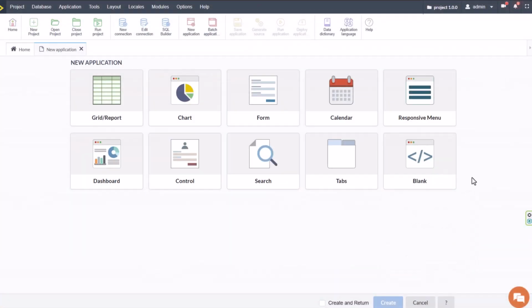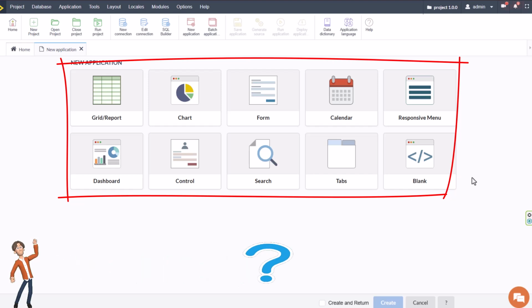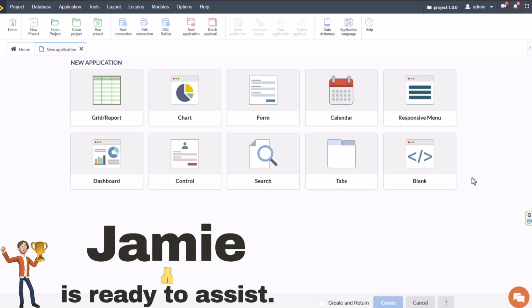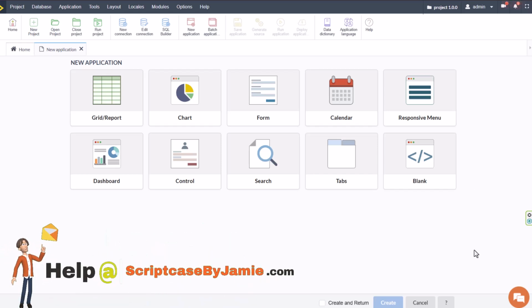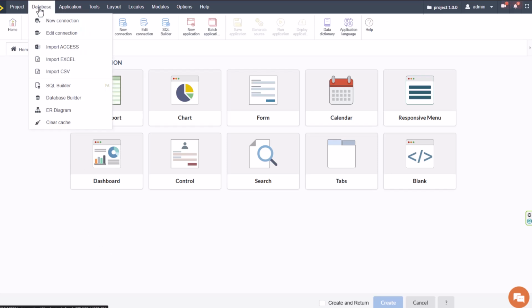So with this fully fledged arsenal of applications that you have available, you can create anything that you need to manage your business data, whether that be business data or data in general. It is very easy to do. Now, before I dive into the applications, we have just set up our project, and with that we have then